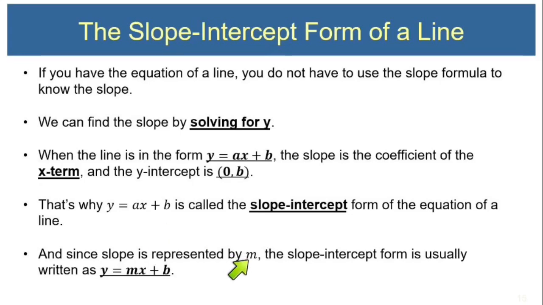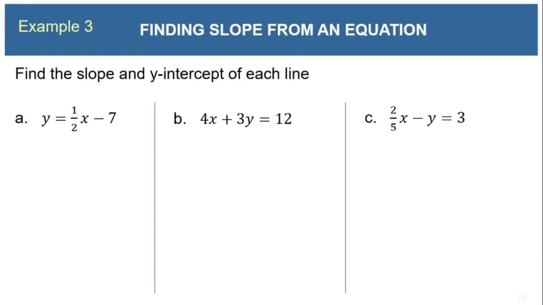But we said earlier that slope is usually represented by the letter m, and so we usually see this written as y equals mx plus b instead of y equals ax plus b. But whether it's an a or an m, it doesn't matter. Whatever number is sitting in that slot, that number is the slope, the other number is the y-intercept. So in this example, we're just going to practice looking at the equation and getting the slope and the y-intercept